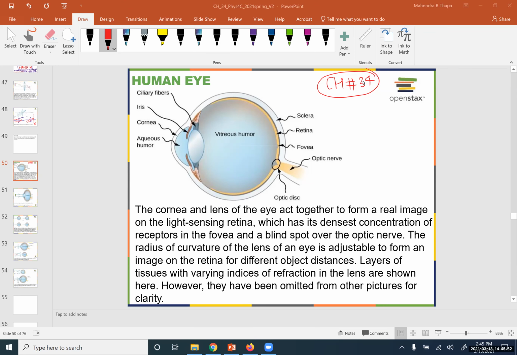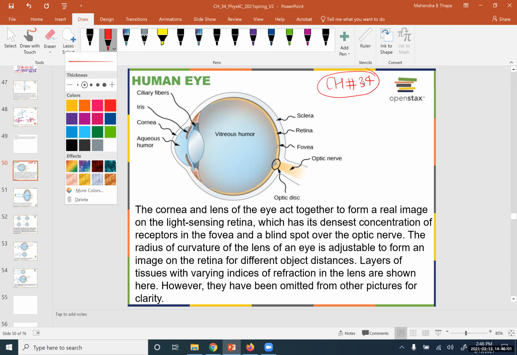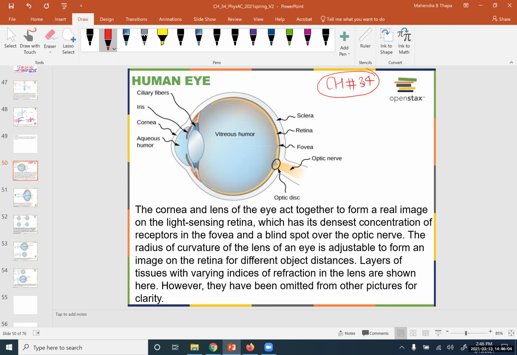Let's talk about the human eye. In the human eye, we are basically interested in the part of the eye lens. This is the eye lens, and you see it is attached on both sides with the ciliary muscles. The main role of these ciliary muscles or ciliary fibers is to change